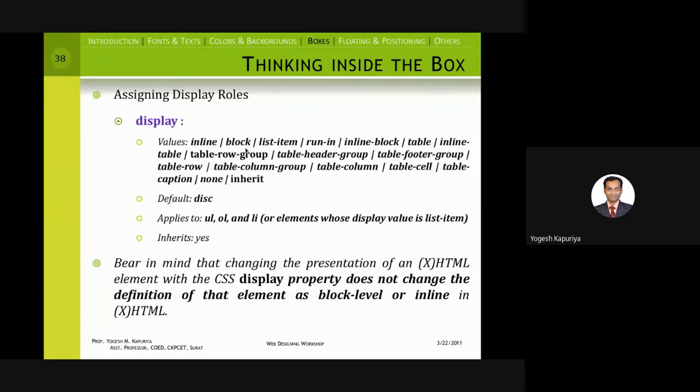Whenever you write any tag, for example P, let me show you.